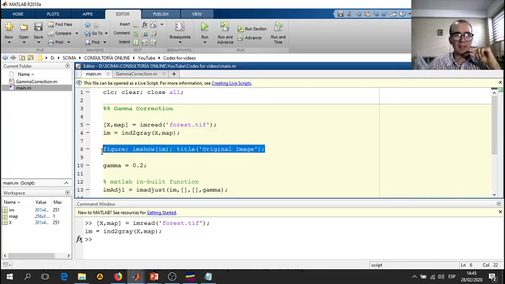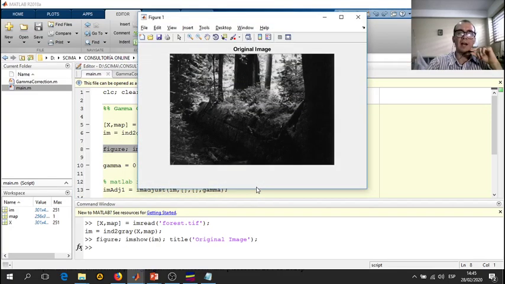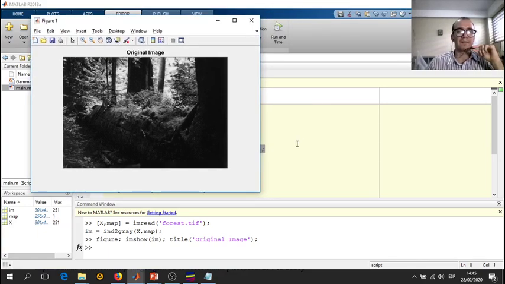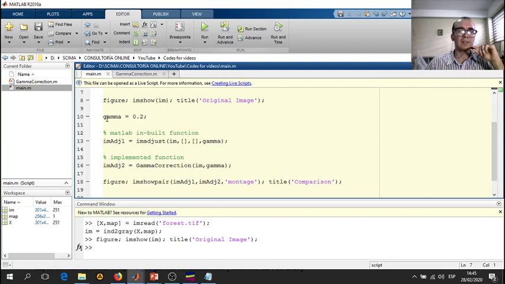So this line, anything new, we are just going to open a new figure. We are going to show the image, and we are going to write down the title original image. Okay, pressing F9, and we have here the original image that we saw minutes ago. Okay, so this step is just assigning the value of gamma. In this case, it is a value less than 1, and we just have this variable with this value in our